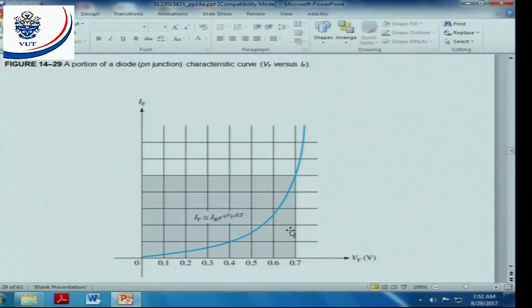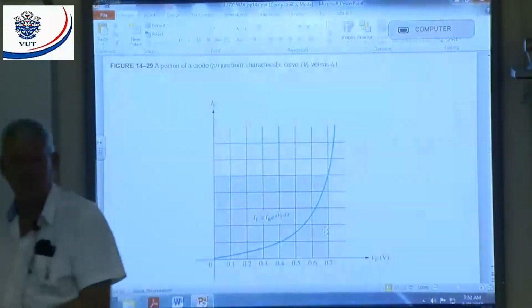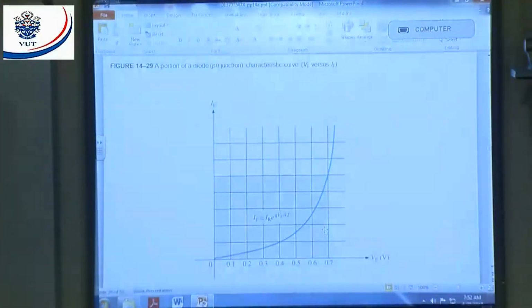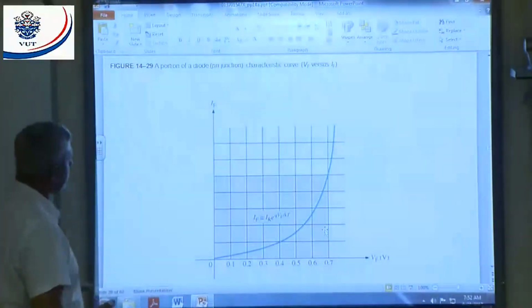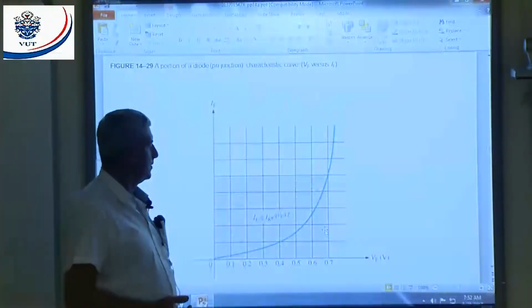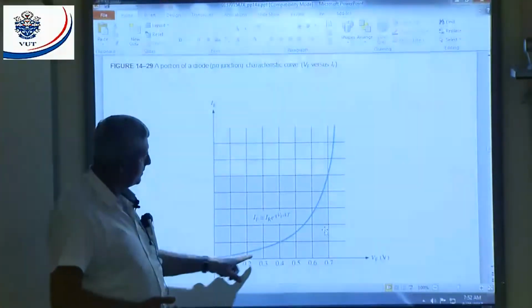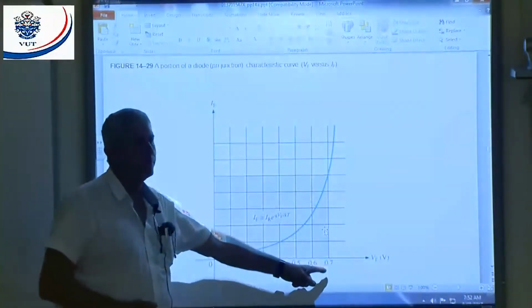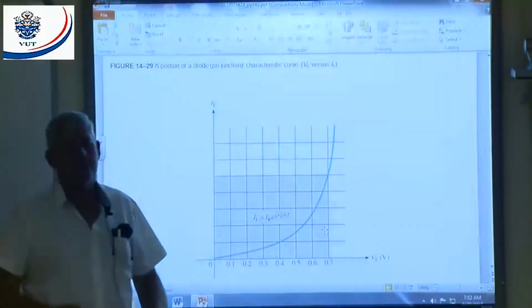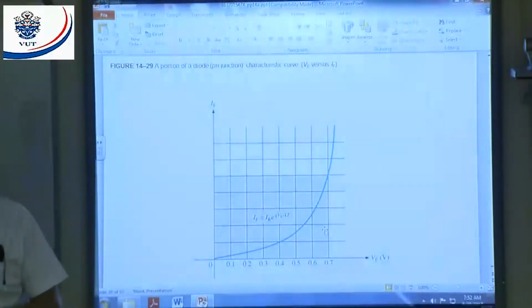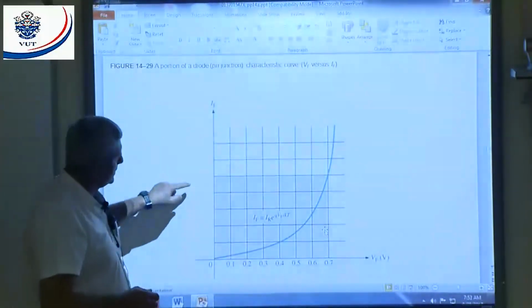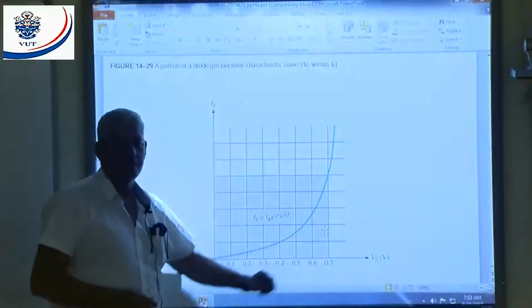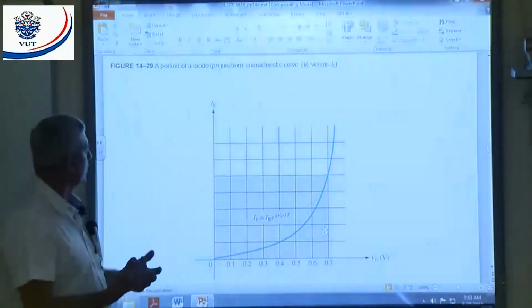All right, if we have a look at this, here we've got a curve. Where did you use this curve previously in your course? That is a P-N junction, a diode. The forward bias diode characteristic curve will basically give us this. But the logarithmic part of the curve will be basically up to 0.7 volts. That means when we go past 0.7 volts, what happens? Then it goes straight and it's not logarithmic anymore. That means the logarithmic part is up to around 0.7 volts for a silicon diode or a silicon